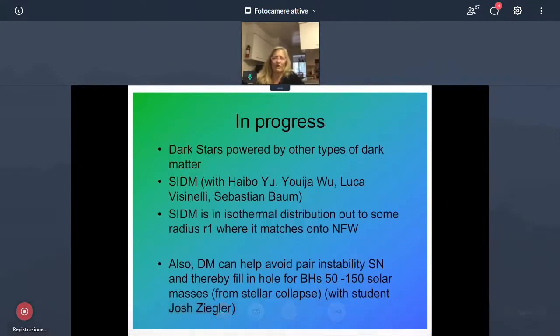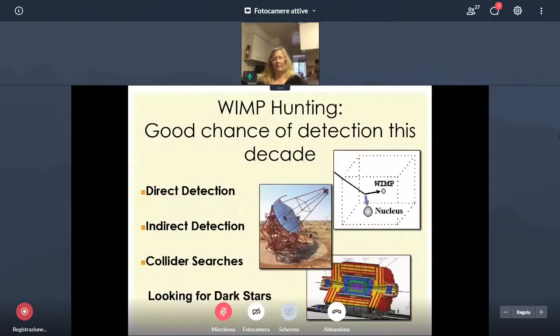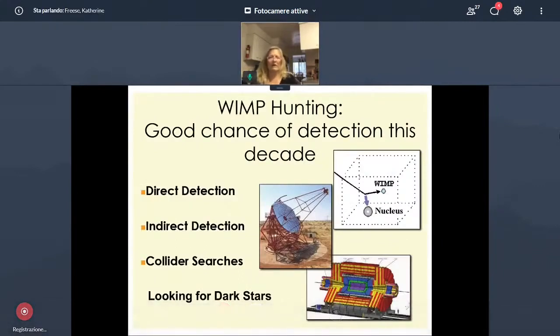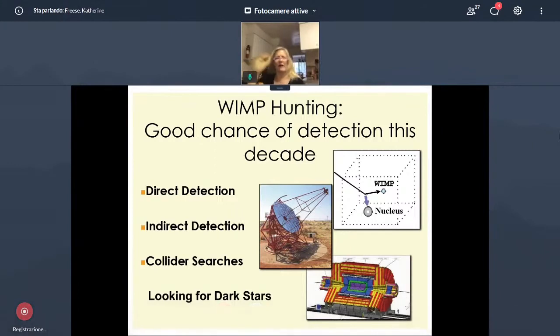Okay, I also wanted to mention we only did this with WIMPs initially, but now we're doing it with self-interacting dark matter, and it's also going to work. So there are other types of dark matter that can also provide heat sources for stars. To reiterate, many chances of discovery and detection in the next decade. I talked about each of these, so I won't say it again, but let's go on in the next slide